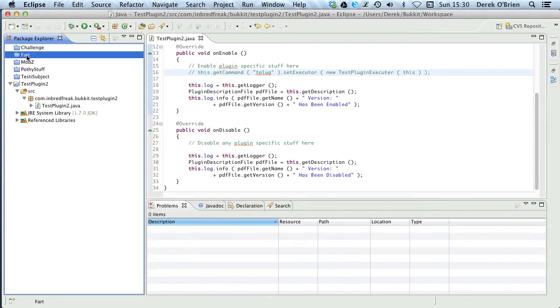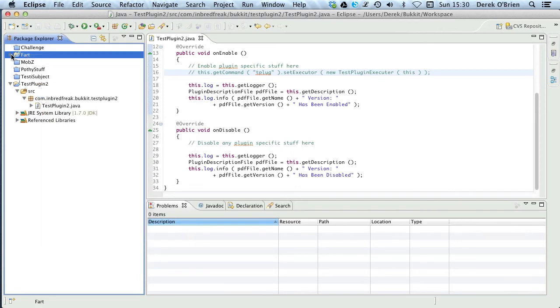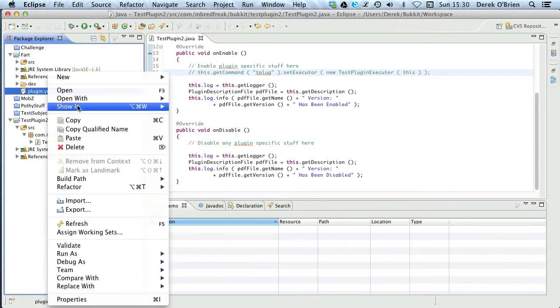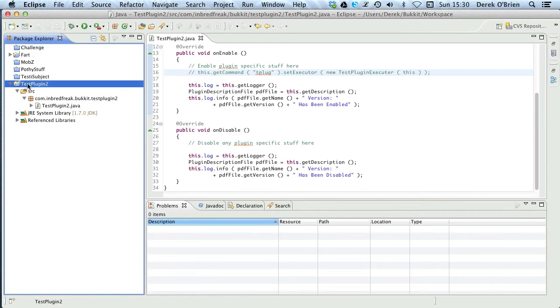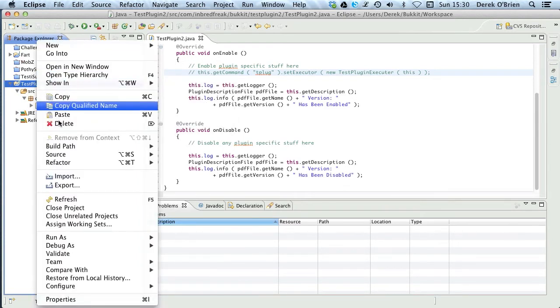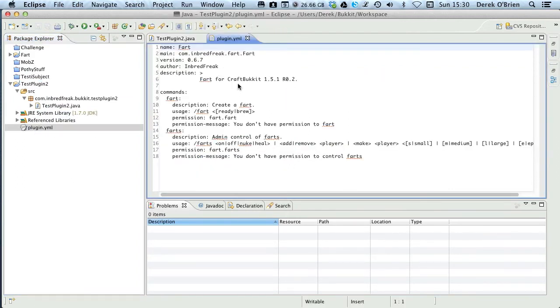I'm just going to go to this file project. Let's open this up. Open project, and I'm going to look down here and just grab this. I'm going to copy this, and in the test plugin 2 folder, I'm going to paste that, and I'm going to open it up as well. And as you can see, this has all got my stuff in it for my fart plugin, so we need to update this. So test plugin 2, it's got to be the address, so